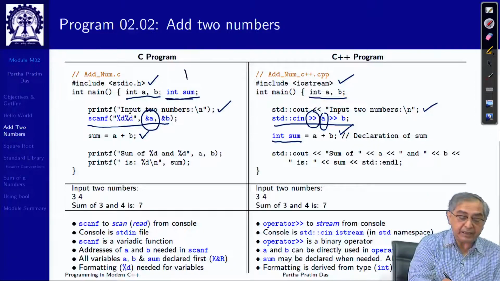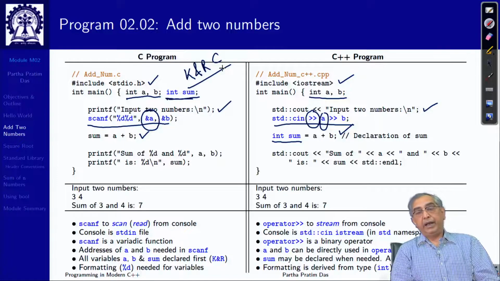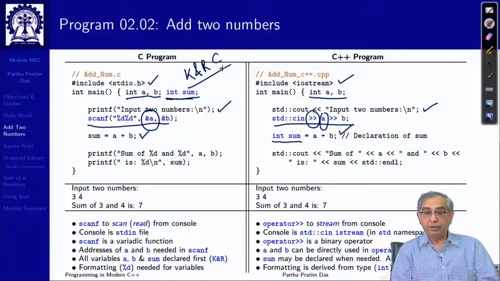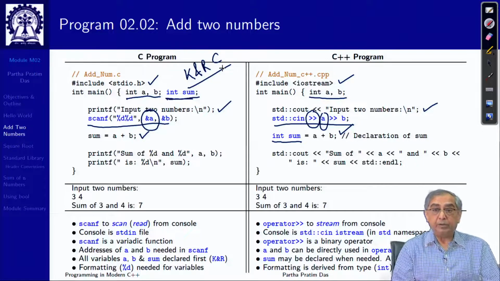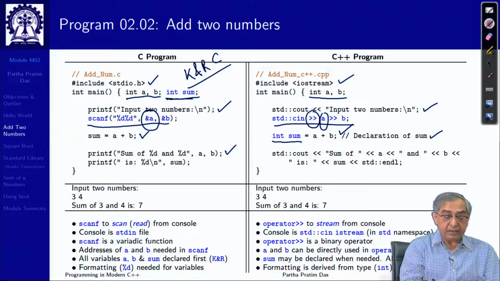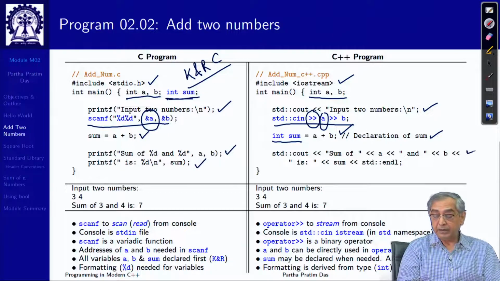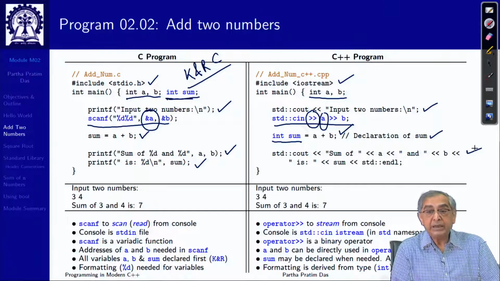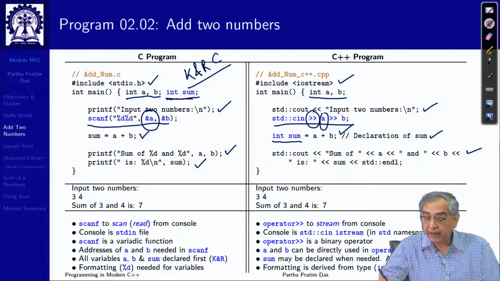So, you can note that this is written for K&R C, where it was not allowed to put the variable declaration in the middle of a function, but I just wanted to show you that. Now, this is also allowed in C, but C++ will often have that. Rest of it is printf and the std::cout, which we have already seen in the earlier example. So, if I go back to the comparison proper,